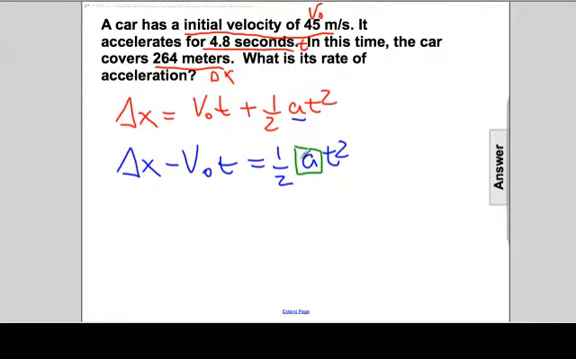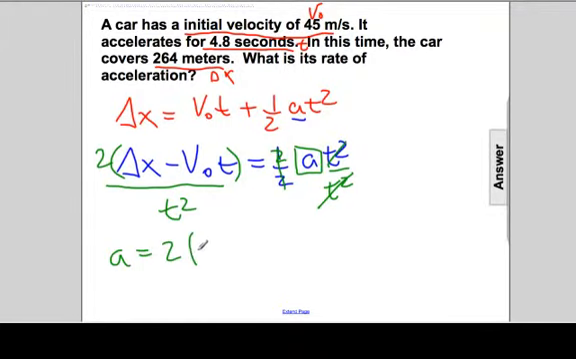isolating a. A is divided by 2. So let's take and put this entire side in parentheses. So I'm going to multiply by 2 on both sides. That will cancel the 2, and then divide by t squared, which will cancel it on this side as well. I'll rewrite: acceleration is 2 times displacement minus v naught t, which carries dimensions of meters, the whole thing divided by t